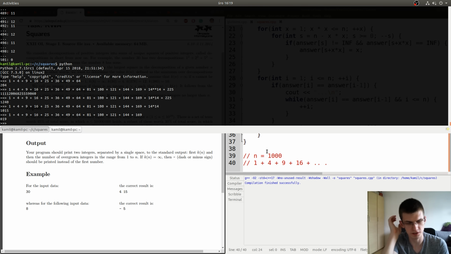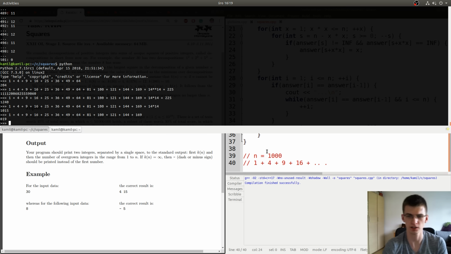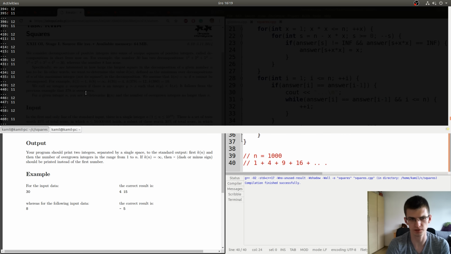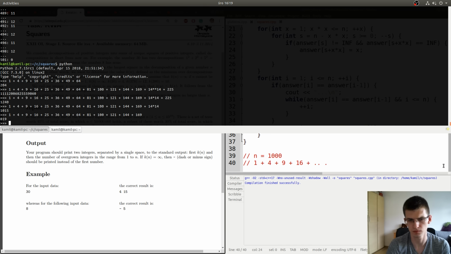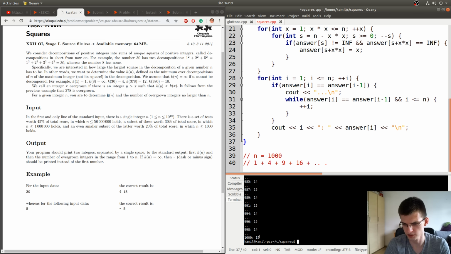And let's think about this example. For sure, it isn't enough to use those squares, so we would have to replace one of these values with something bigger. Let's also, by the way, see what is the answer for 1000. Maybe I have that above. I don't have it here. For 1000 it's 15.